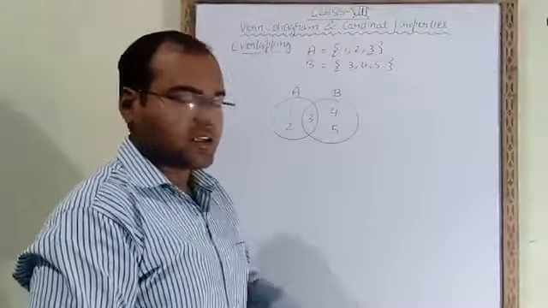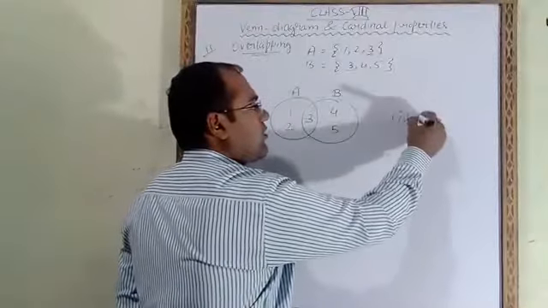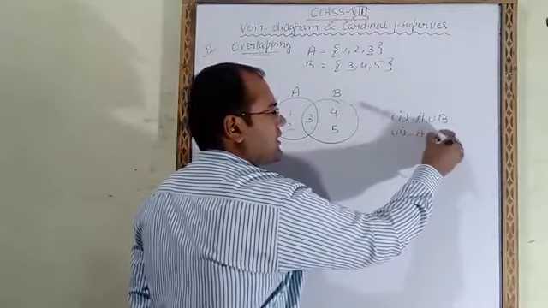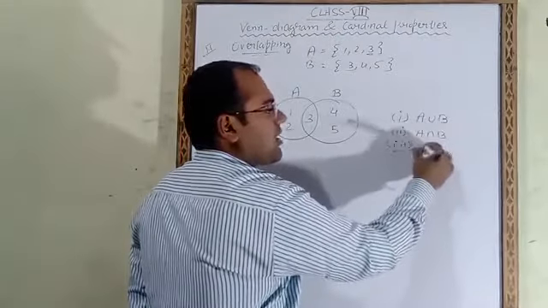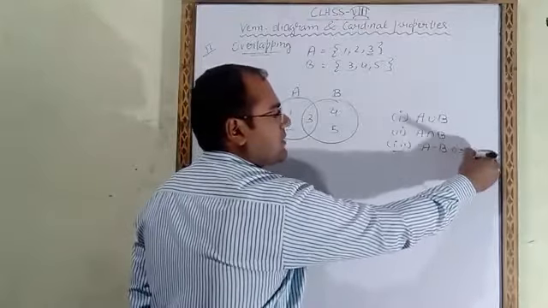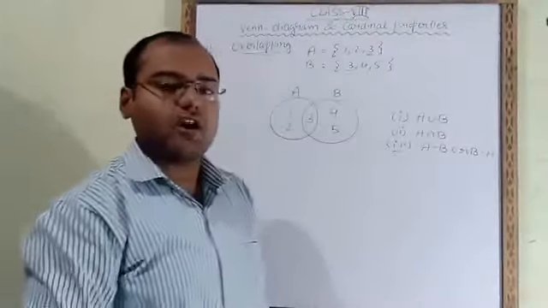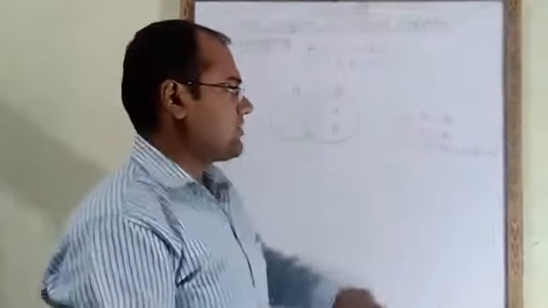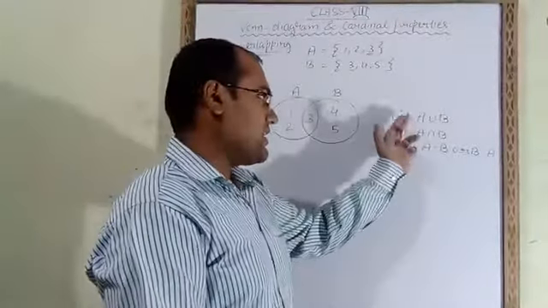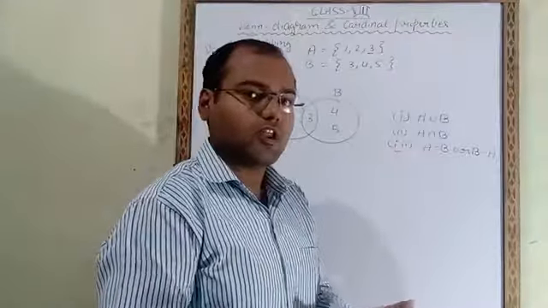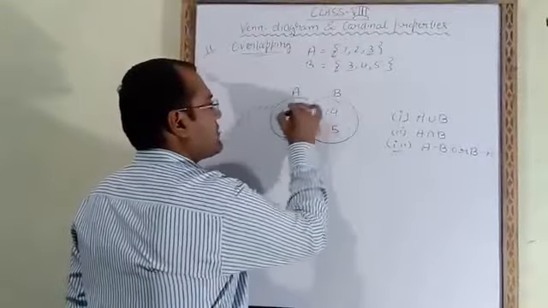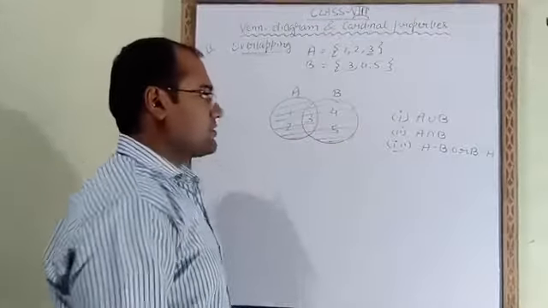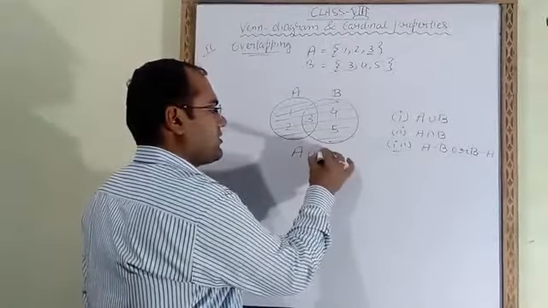Now here also there are 3 cases, 3 points. First point, how to show A union B. Second point, how to show A intersection B. And third, how to show A minus B or B minus A. These 3 things, how we have to show in the Venn diagram. So this is the case of overlapping. Now let's take the first, A union B. Union means either A elements or B elements or both elements. So in this case you have to take both the circles. This much part you have to shade. So this is the figure for A union B.